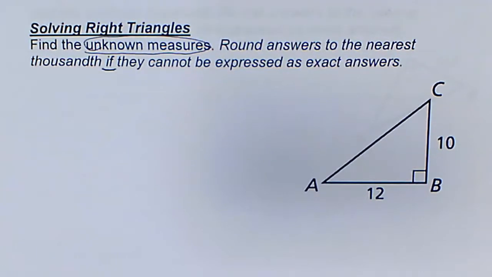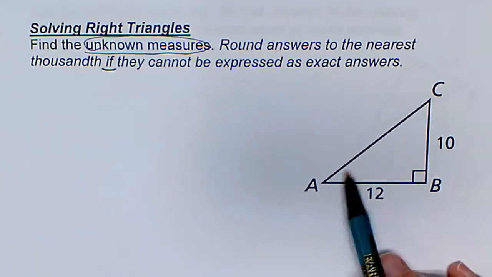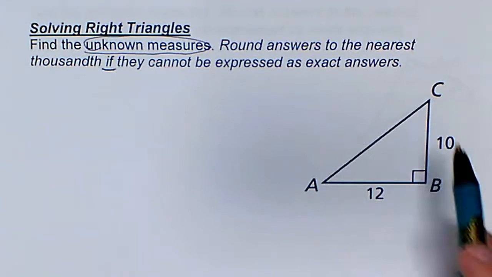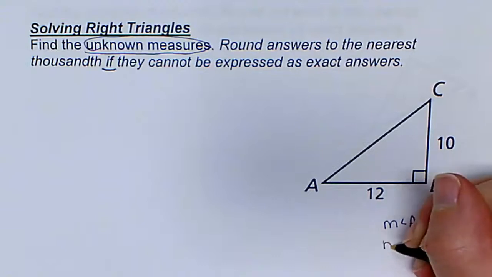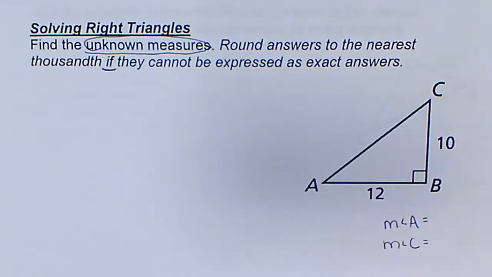So let's look at your triangle. Your triangle is a right triangle. I have no idea what the measure of angle A and C are, so I'm going to have to find those. Measure of angle A equals, measure of angle C equals,